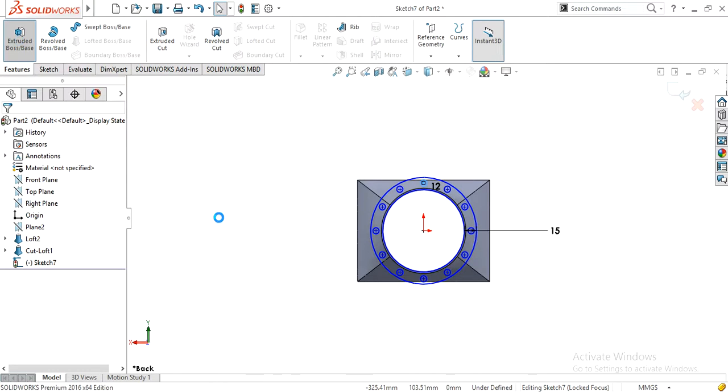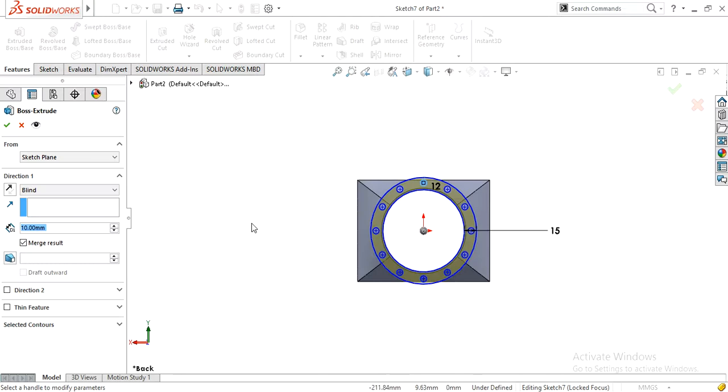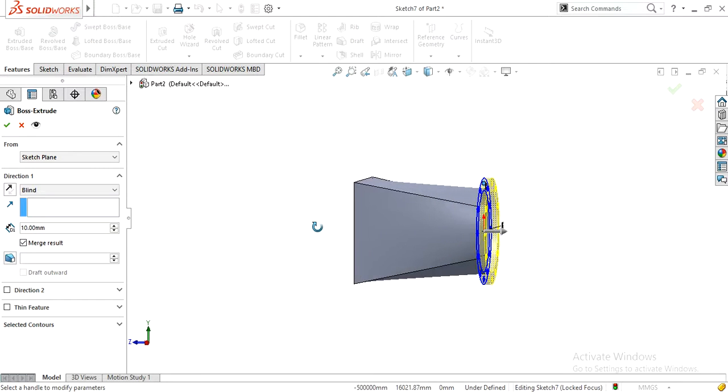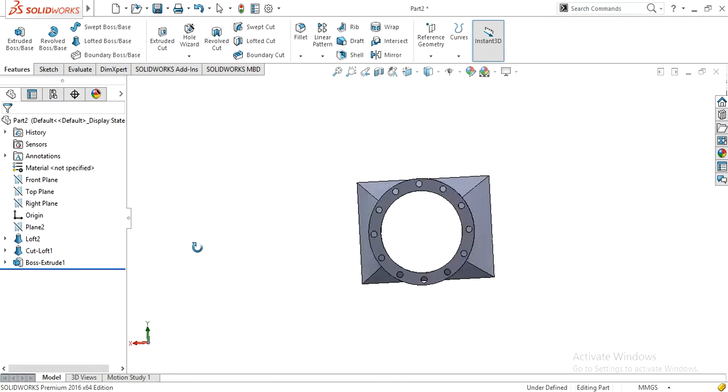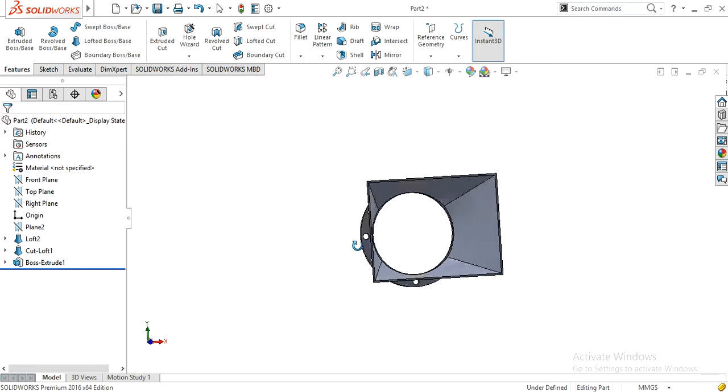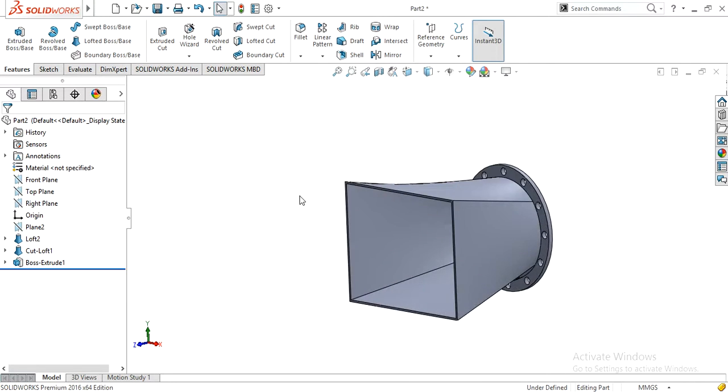Now click on extruded boss base and flip the direction from here. The thickness of the flange, click on OK. Here is the one flange, and for another flange of rectangle,